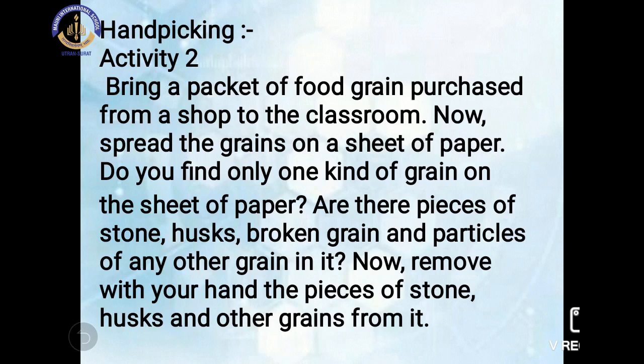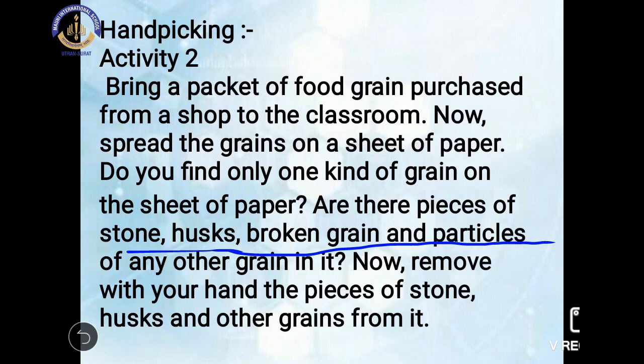Now you may find that not only one type of grain is in that food grain packet. It may have a stone, a husk, a broken grain, or a different particle also. So what should we do to separate them?